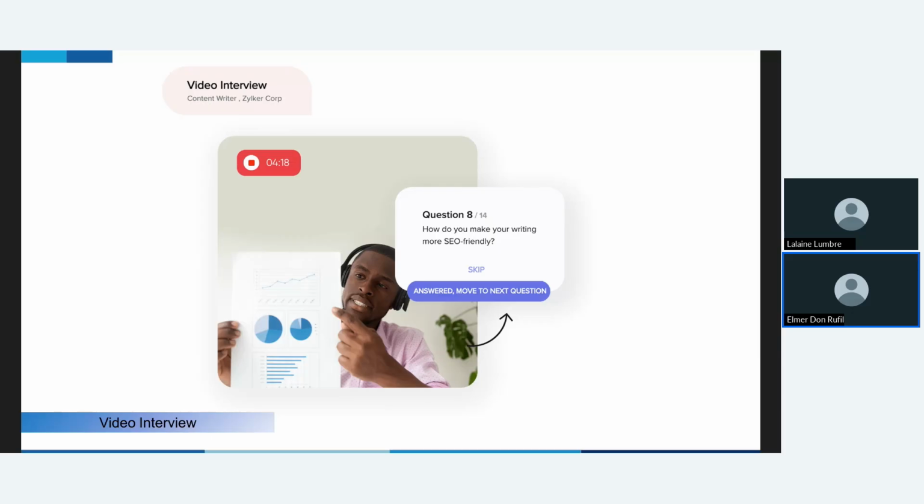The second one is pre-recorded interviews. Here, you can send a set of questions to candidates, and they can record their answers at their own time. This is a big help if you're interviewing people in different time zones or just want to save time. What's great is that Zoho Recruit